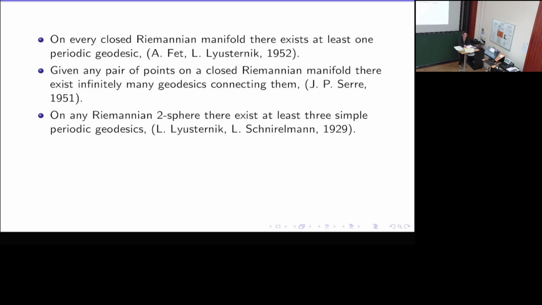I've mentioned that there is this famous question by Klingenberg. Now we know that on any closed Riemannian manifold there is one periodic geodesic, but are there infinitely many? There are certain cases where we know there are infinitely many, in particular on a